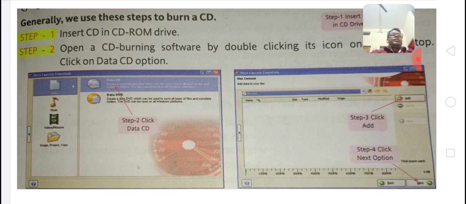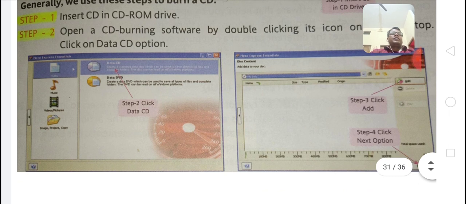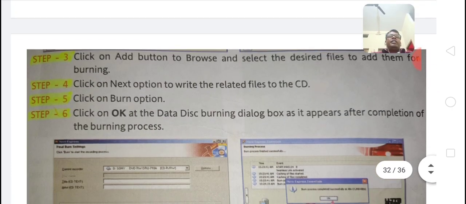Suppose all the things are available. Then insert the CD in the CD-ROM drive. First step, insert the CD in the CD-ROM drive. Then open the CD burning software by clicking its icon on the desktop. Click on the Data CD option. When you click on the Data CD option,